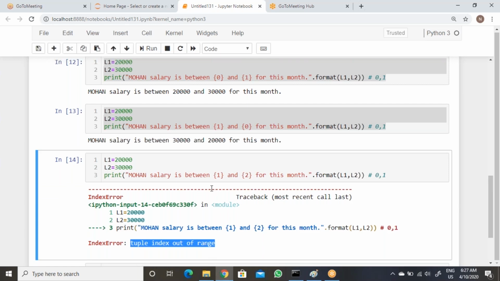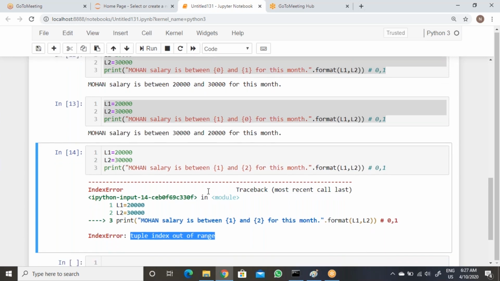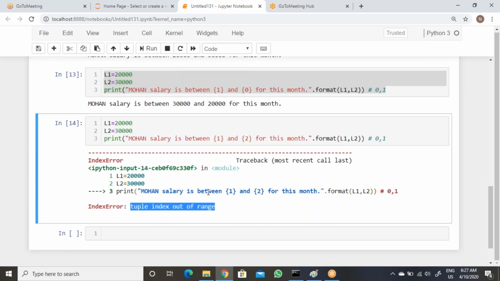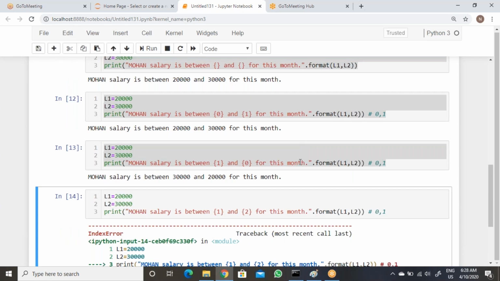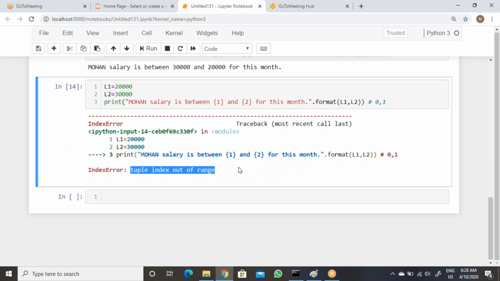So like this you can say, but whenever you are passing 1 comma 2 here. That means index number 2. Then we don't have any index number 0 1. Only 0 1 we have. When I execute here, tuple index out of range. I will explain what is the error later in data structures. So with one data structures we are getting out of range. So we should not use this one. In string classes, in indexing classes, I will explain right now.